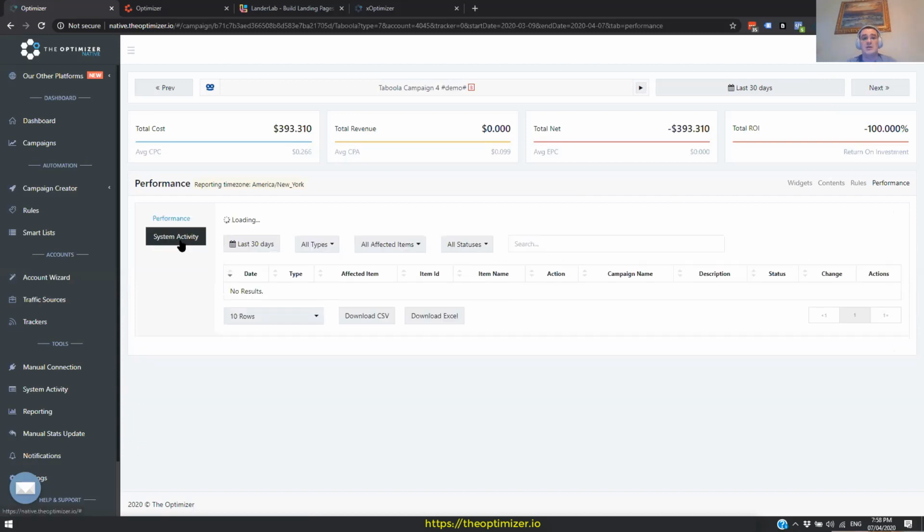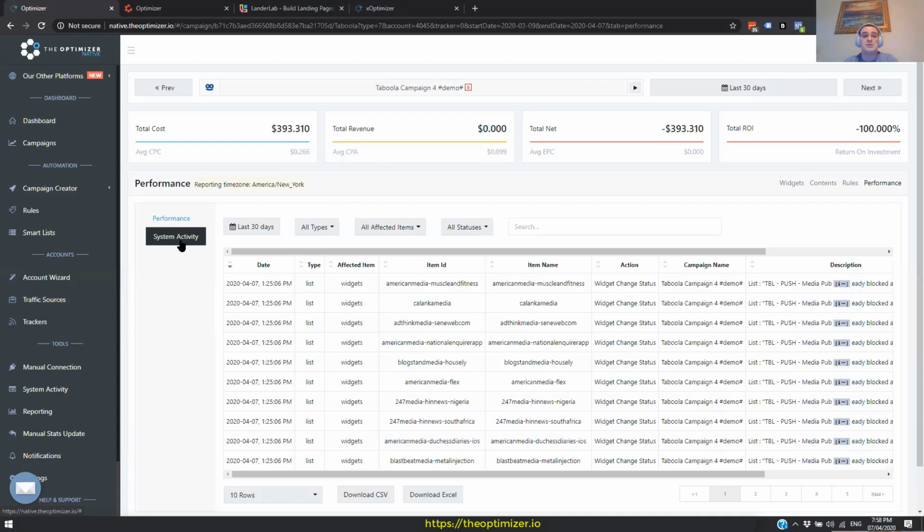Also, under system activity, we will have the ability to see all the actions that have been applied or taken over our campaign by the optimizer, in order to make sure that we have control over everything. Now, we didn't do this just for transparency purposes, which is of course one of the main reasons, but it's also important for you to know what's happening with your campaigns,